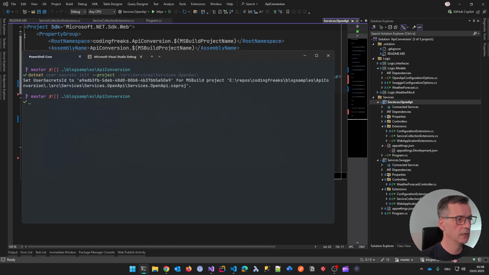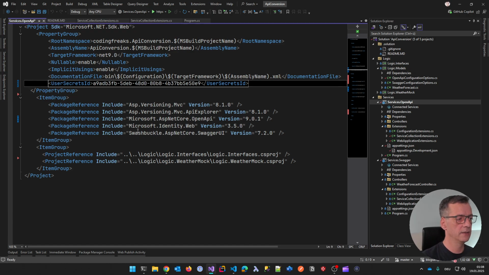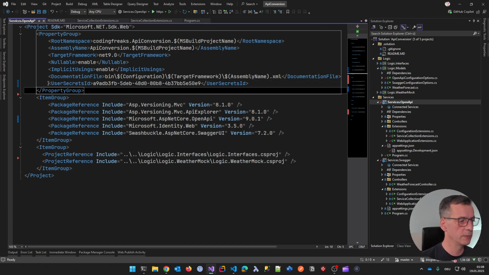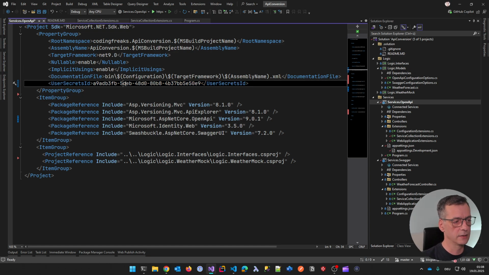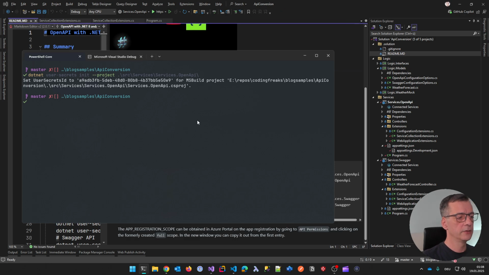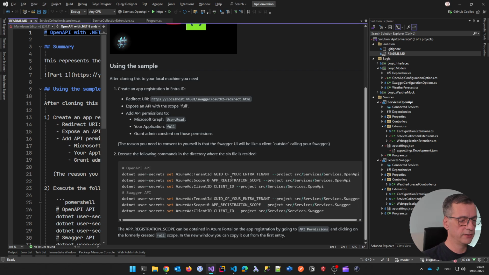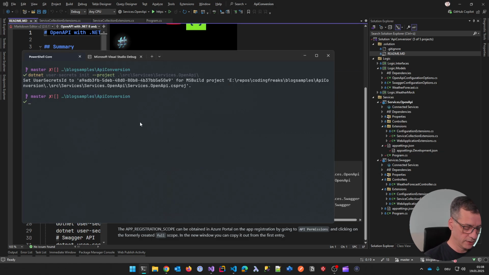He did it, and here you go. Here you can see it. He always messes up the indentation, but he now created a new user secret with a new ID. That's the precondition in order to use user secrets. Fine. So now I can take out this and I have to populate it. It turns out I did it already on my machine for this other project. So I can use the list command. And then I say, well, you know what? In this other project,